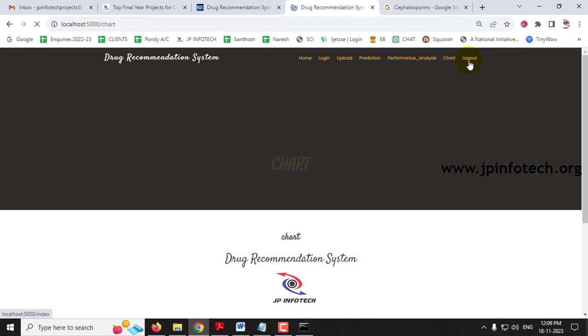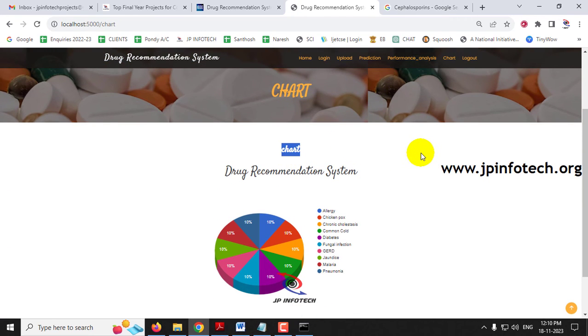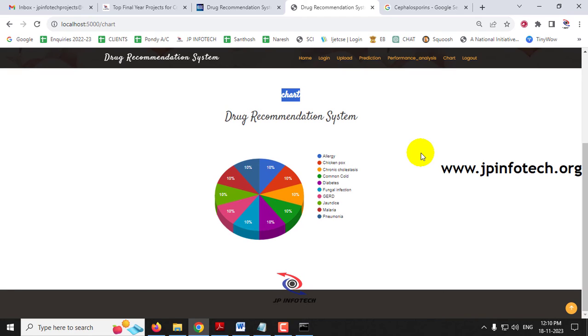Just click this chart menu, and it will navigate to the chart part. Here you can see a chart. Kindly note that this is a static chart because we have not used any database to store the values. This chart is depicted from the dataset that we used to train the system. In the chart you can see all 10 classes have 10% value. Here you can see 120 dataset records for allergy, 120 for chickenpox, that is 10% for chickenpox,